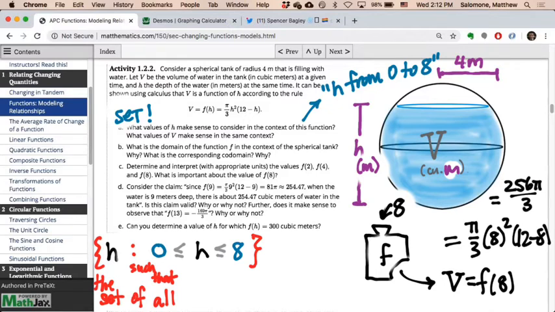Now, I heard a lot of decimals walking around. I talked to a couple people who had questions about how we round decimals, when to round decimals. I can only muster so much passion to have conversations about decimals and rounding. I much prefer, whenever those questions come up, to say, if you write 256 pi over 3, you have a correct answer. Not only is it correct, it is more exact than any decimal that you could write down in that spot. So I'm okay with 256 pi over 3,